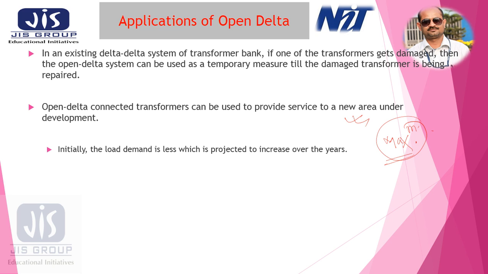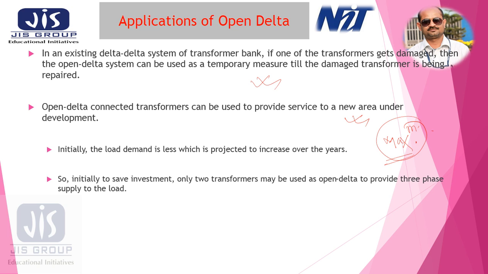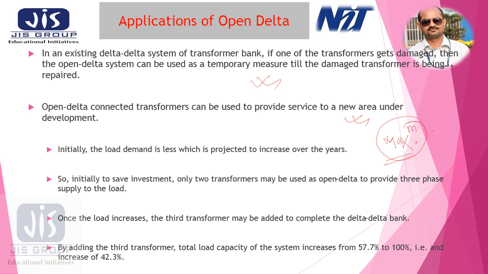And if one transformer is removed, it will form open delta connection, and that is required for scheduled maintenance. Okay, so these are the applications. So by adding a third transformer, the total capacity of the system increases from 57.7 to 100%. So there is an increase of 42.3%. Okay,